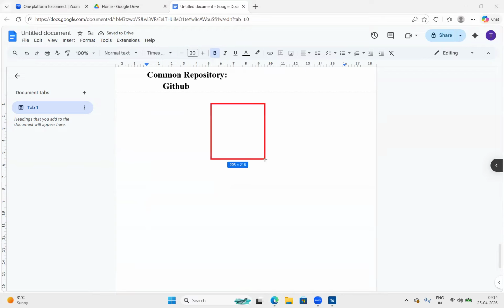Let us assume this is GitHub, acting as a common repository. In this common repository, totally three people are working. Let us assume one person is working here and another person is working here, only two persons.